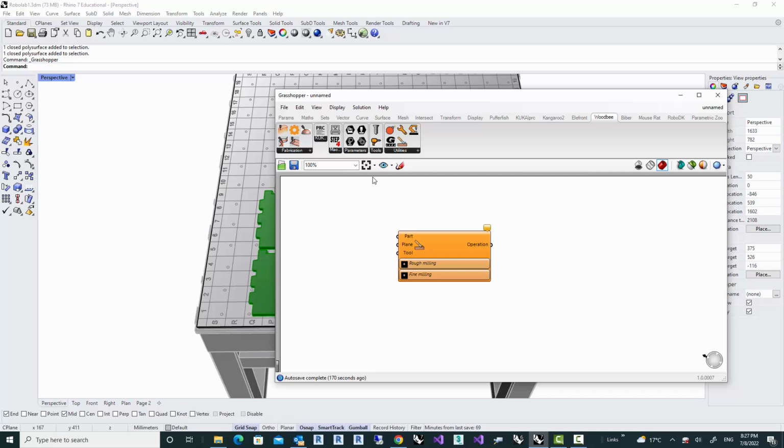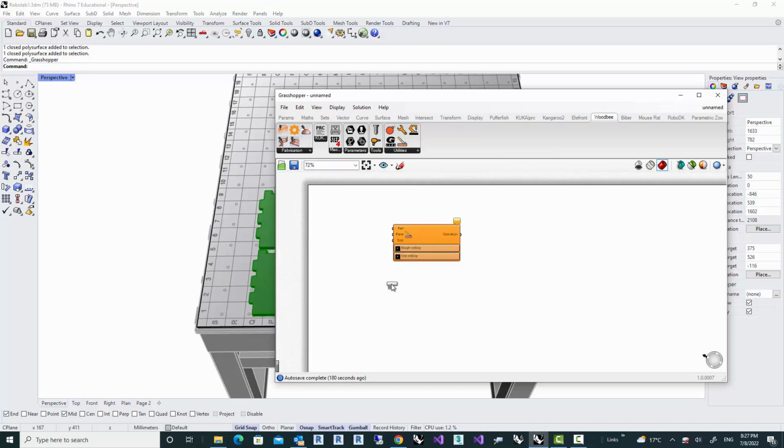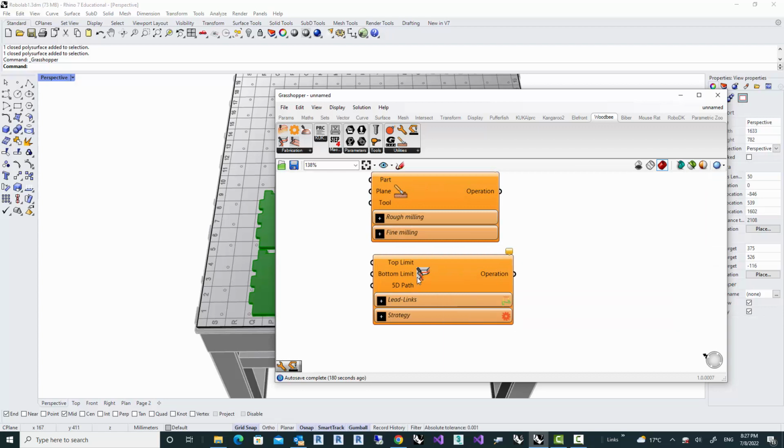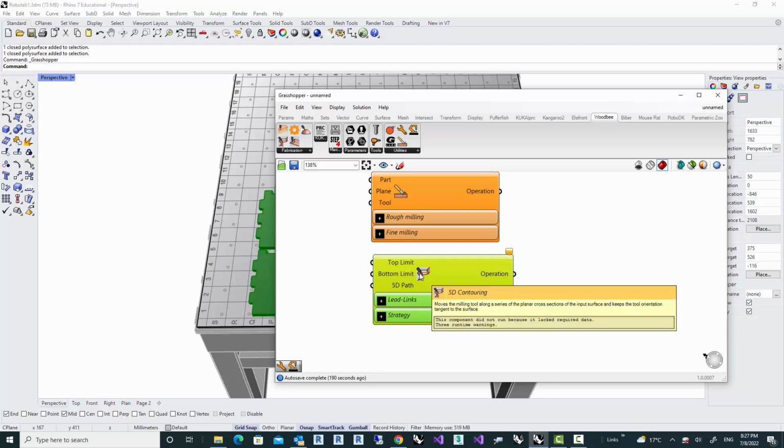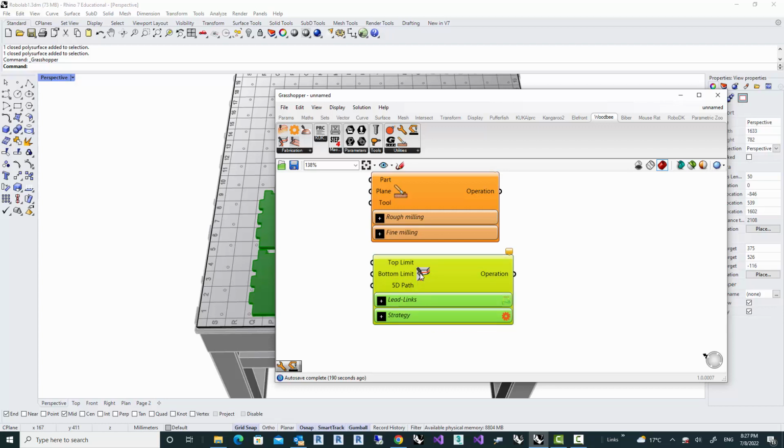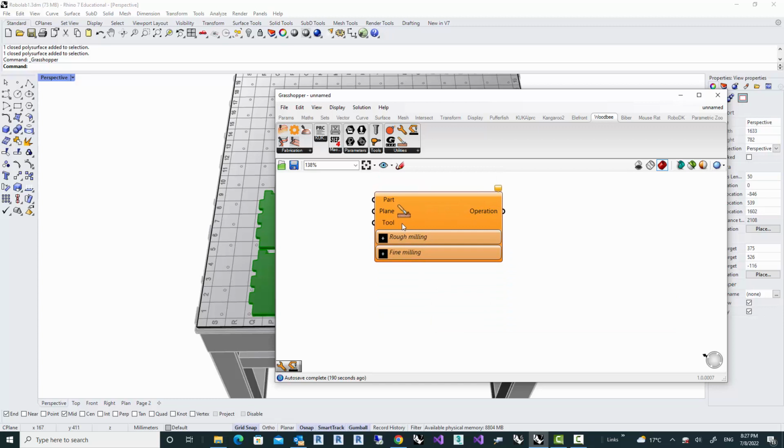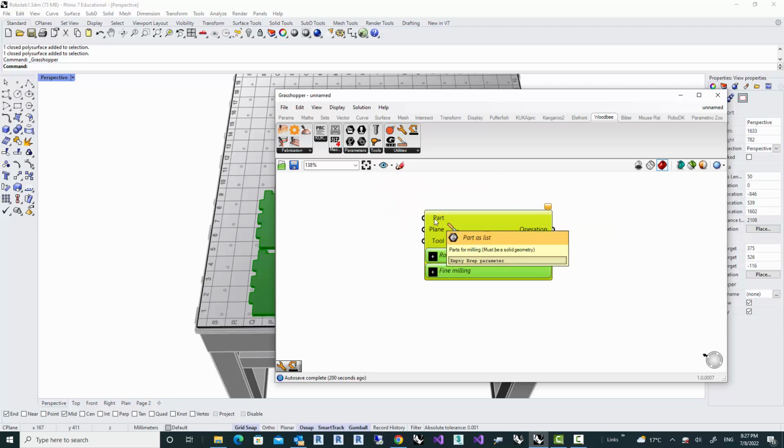The other way around is that you start with your operation or with your milling strategy just directly by creating them. But then you have to provide different type of inputs, and then you need to know a lot of technicality behind this. So the easy way is to start with the planar sheet component, which only takes the